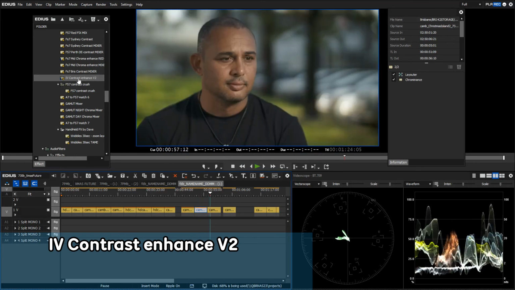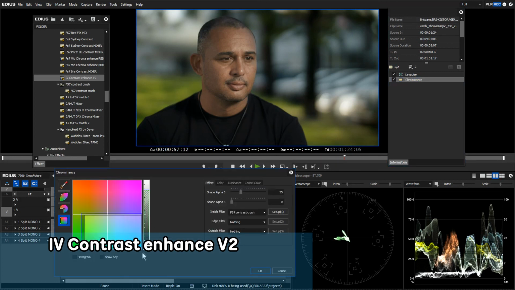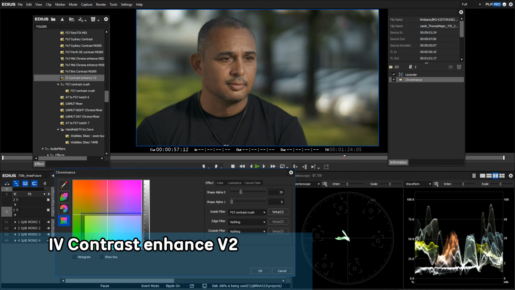Now if I do the same thing to this person, Interview Contrast Enhance, you'll notice that his shirt gets very dark. The background's fallen off too, but because he already has a dark complexion, it's probably too much. If we open up the chrominance tool, we can drag this value down so that we retain some of the black values. If we go all the way down, it pretty much returns to what it was before. When we start sliding it up, we start to see his shirt disappear,